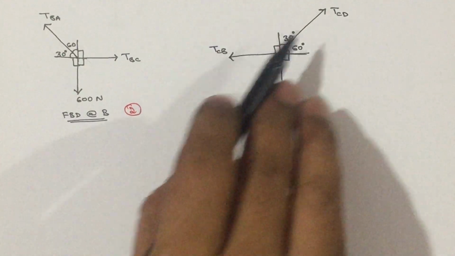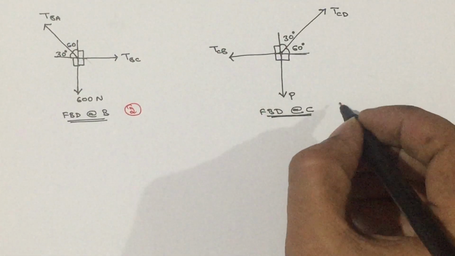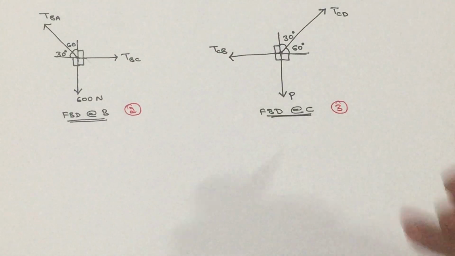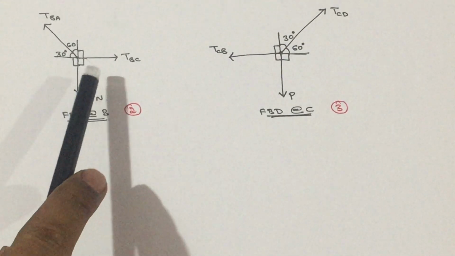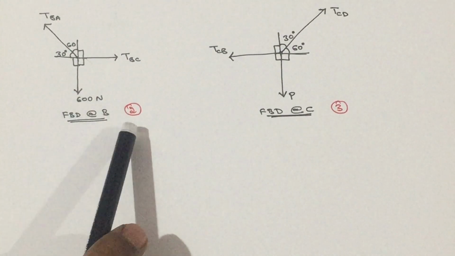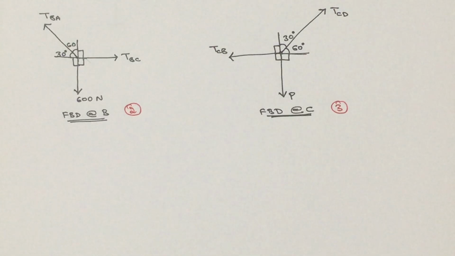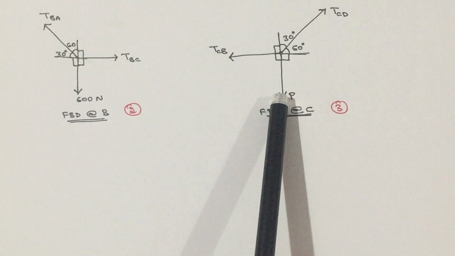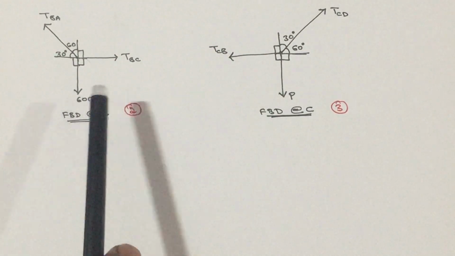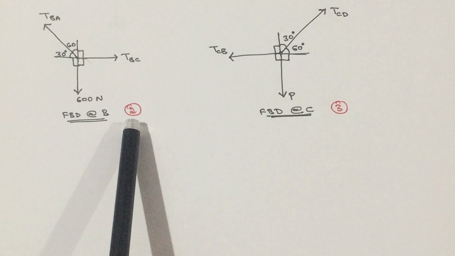Here the unknowns are TCB, TCD and P. Three unknowns. So, choose the free body diagram which has fewer unknowns, that is this one. This free body diagram has only two unknowns, which is less than the other free body diagram. So, write two free body diagrams, then choose the free body diagram which has fewer unknowns, then choose